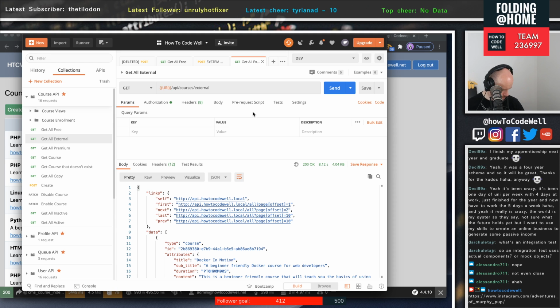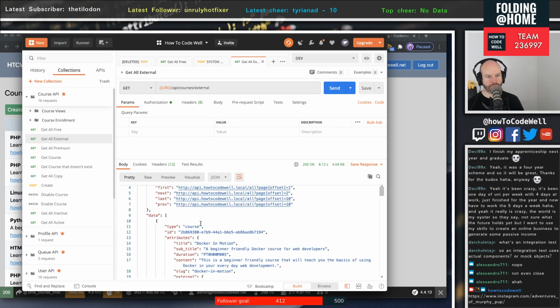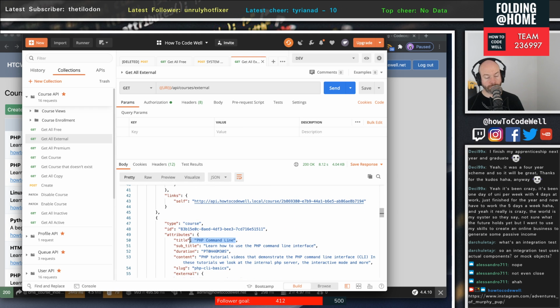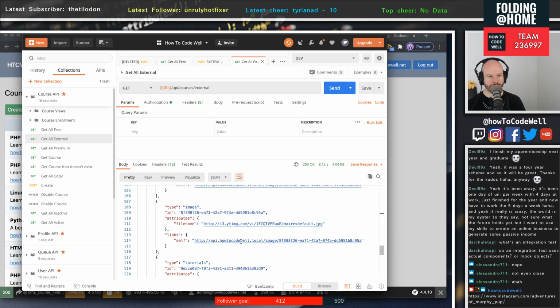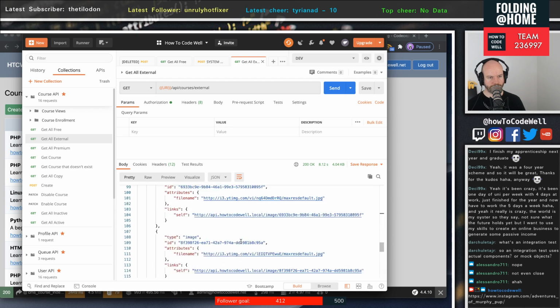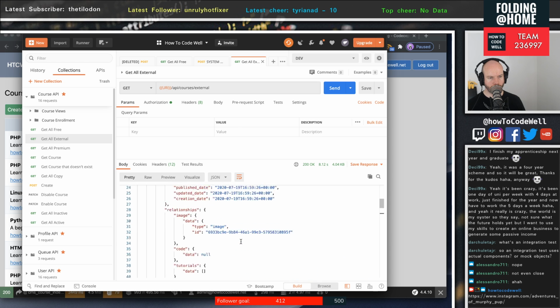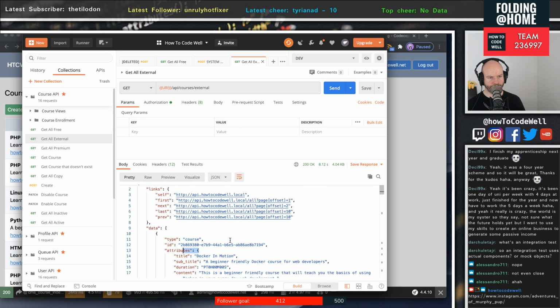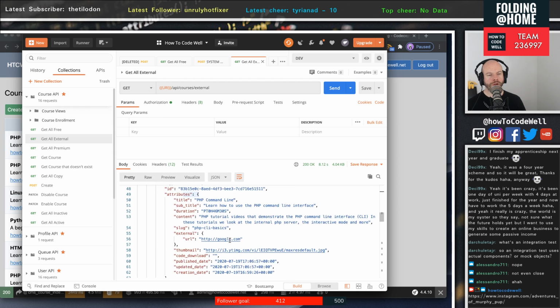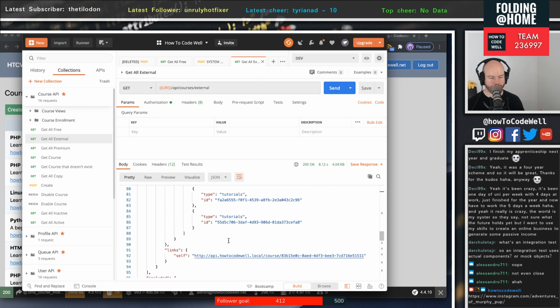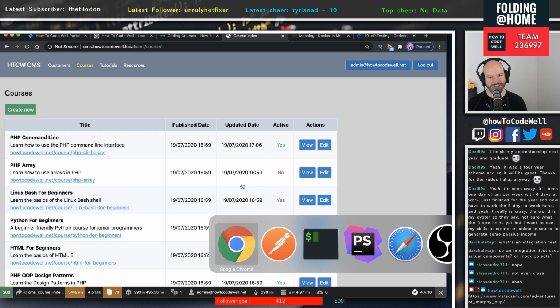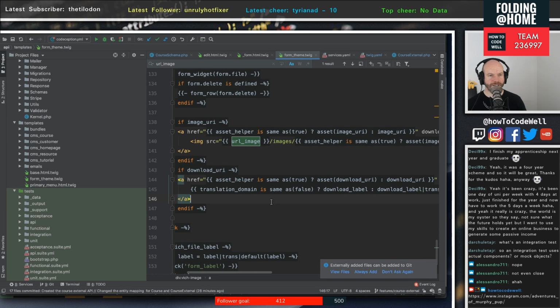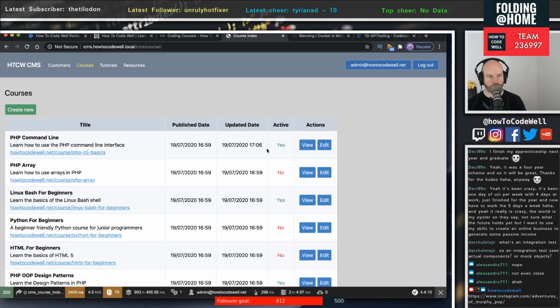Right, Murph. Yeah, good boy. All right, so we should have three. We should have Docker in motion. We should have PHP command line, which is the one we've just done. And we should also have another one, which is... Where did that go? Docker in motion. Oh, no, wait. No, we should only have two. I've rebuilt the database with the fixtures, which didn't include that, so that's okay. I'm chasing ghosts. Okay, so that's fixed, and the next test is to edit this one,